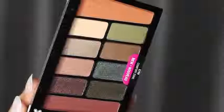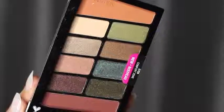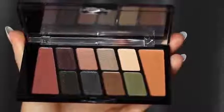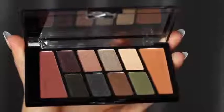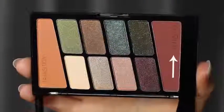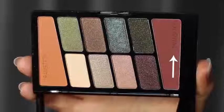Today I'm going to show you how to create two different looks using the Wet n Wild palette Comfort Zone. This is actually a newer version of it. They've actually changed the formula and added some shadows, so let's try it out. First thing that you'll notice is there's two transition shades in this palette, so we're going to start off with